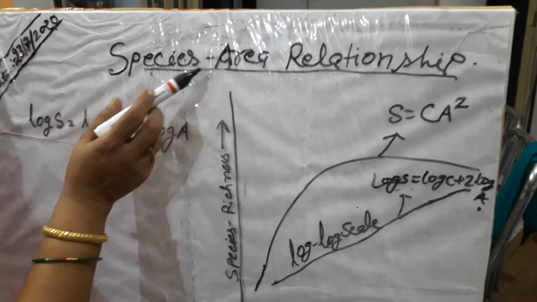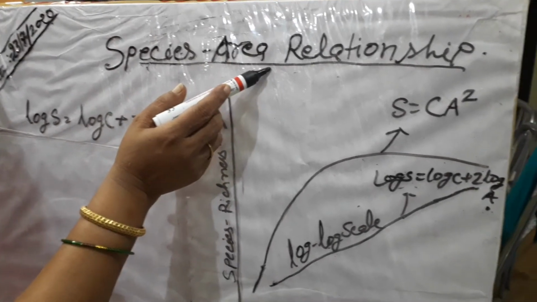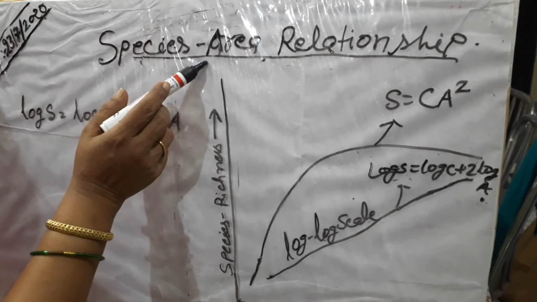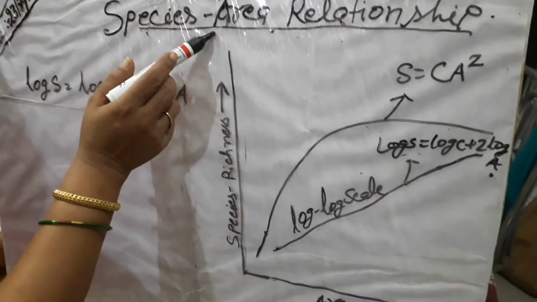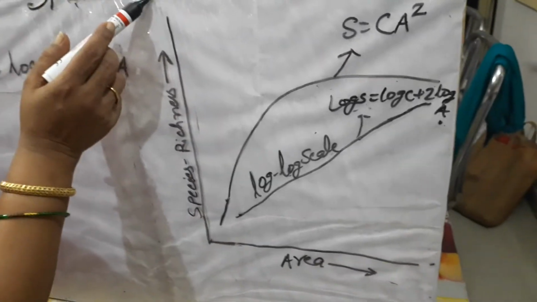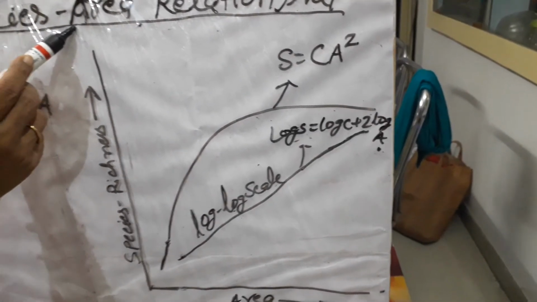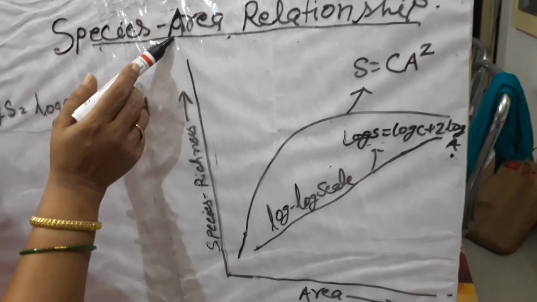The relationship between species richness and area for a wide variety of taxa like vascular plants, birds, bats, and freshwater fishes appears as